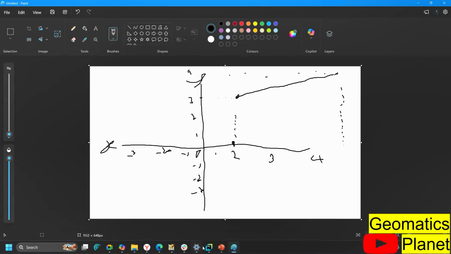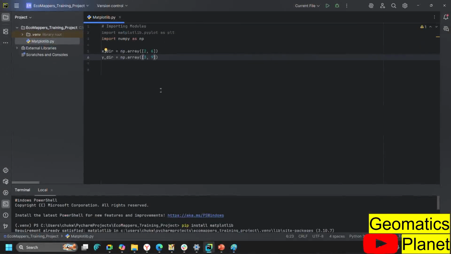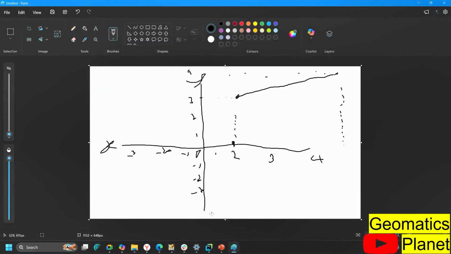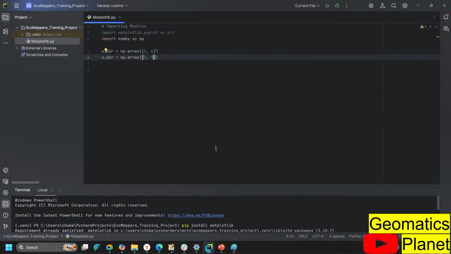So because I have defined the x and y directions in this order, both points can join. This is exactly what I want to do. So for me to get that done, I have to define the x and y direction. Now how do I plot them? This is the definition, defining the line. For me to plot them, I will say